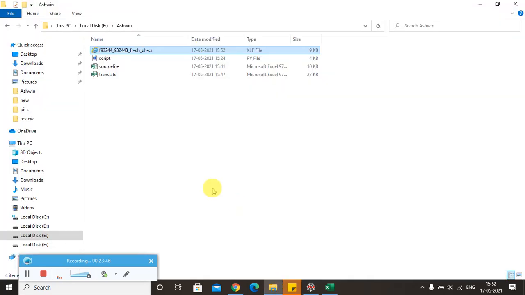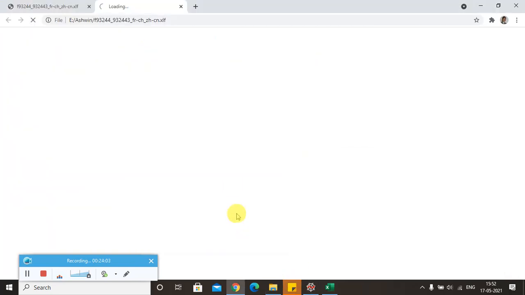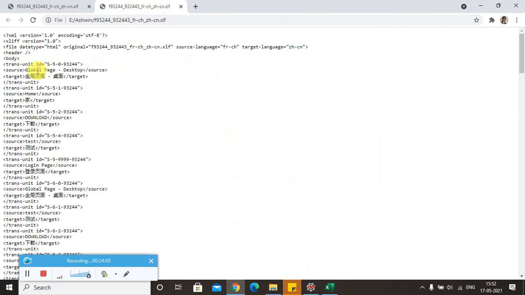Let us see that. You can see the file has been overwritten. It's 3:52, as per the system time. That means the file has been overwritten. Now I'll open the same file and let us see whether it has translated the XLIFF file or not. Just have a look side by side, and yes, it has done the job.